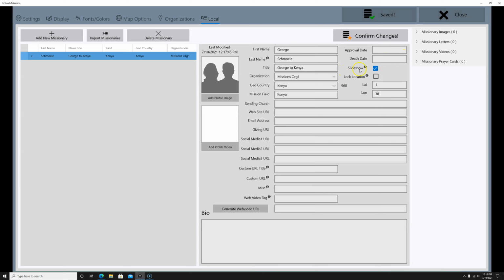Do you want them to be in the slideshow on the screensaver? If you do not want that missionary to be on the slideshow and screensaver, just uncheck that box. By default, it's checked. Lock location. If you have several missionaries that are close in proximity on the map, you might want to lock their location so that you'll put exactly the latitude and longitude out to like 7 characters. You can literally get down to the exact location in the world where they are. This is just going to stick them in Kenya. So we'll lock that. Click confirm changes,